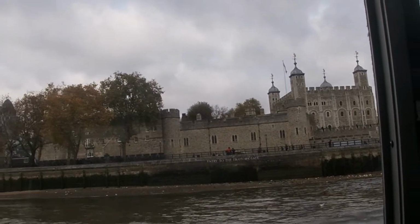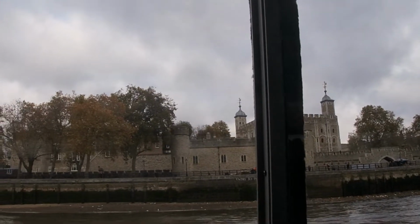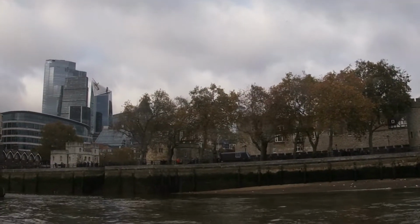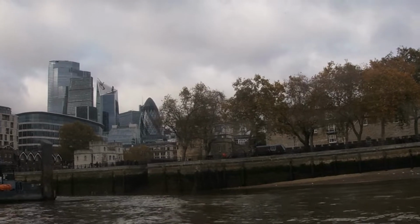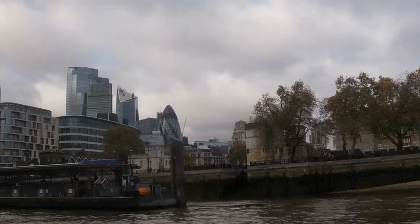The Tower of London was built in 1078 by William the Conqueror. It is literally one of the oldest buildings here in London, except for the foundations of medieval London. The oldest part of the Tower of London is the central tower called the White Tower, but you can't see it now because of the bloody